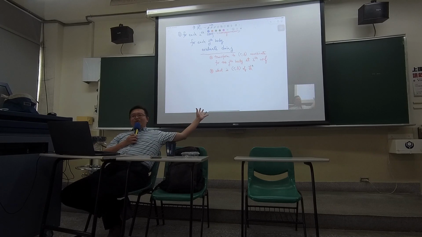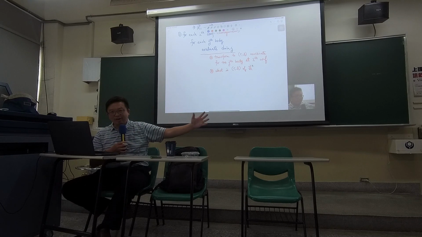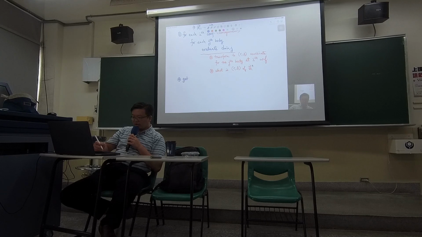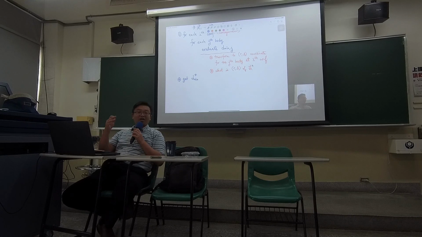And you basically do this repeatedly for every frame, every configuration, and for every body part. Then you will get the D minimum with the star. I call this the overall shortest distance